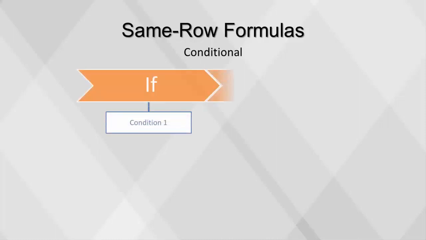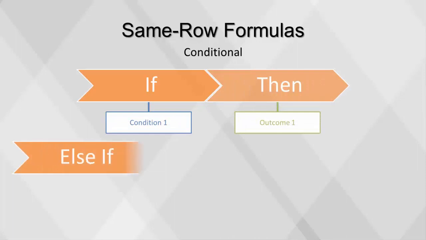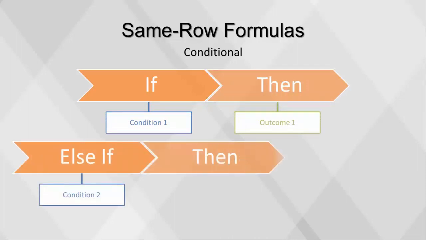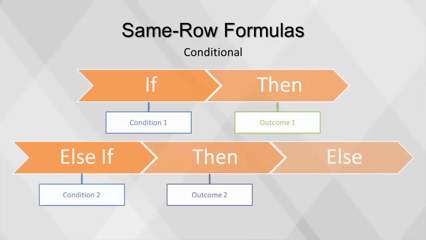Formulas can also be used with conditional statements such as if-then and when binning to create new variables. To create a variable with multiple possible outcomes, conditional statements are needed. These usually take the form of if condition 1 is met, then outcome 1. Else if condition 2 is met, then outcome 2. Else outcome 3. While the conditions within these statements are the same as Boolean formulas, these formulas offer more flexibility,